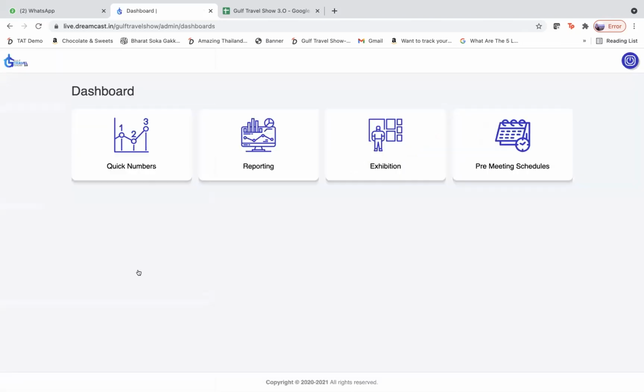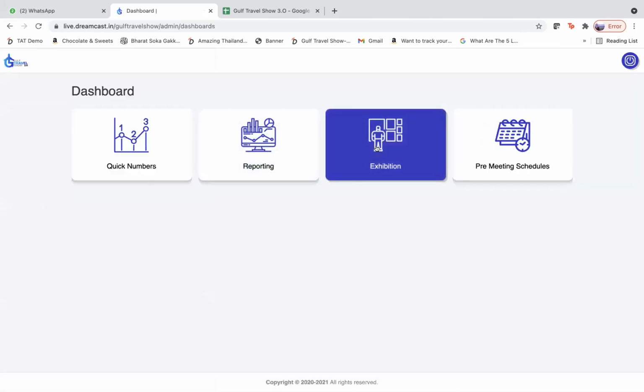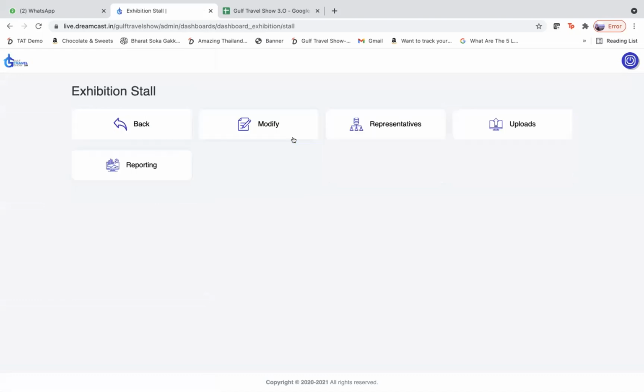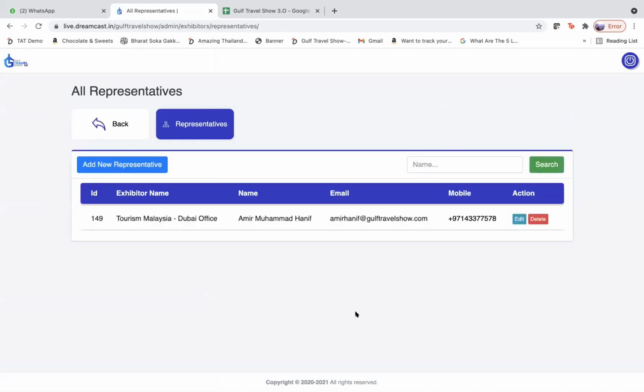Before we move on to the front end, in the exhibition stall where you're populating the representatives, I would recommend, as an over and above recommendation, that you add an admin representative. You can add a new representative, an admin. The name can be admin Malaysia Tourism Dubai office.